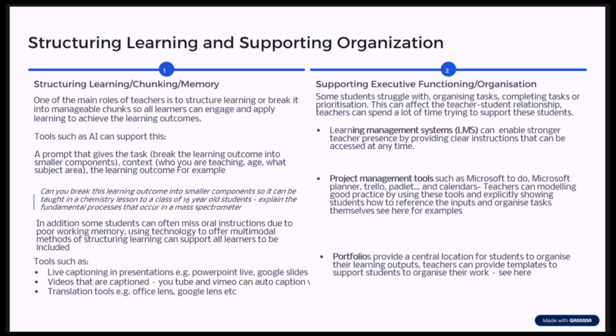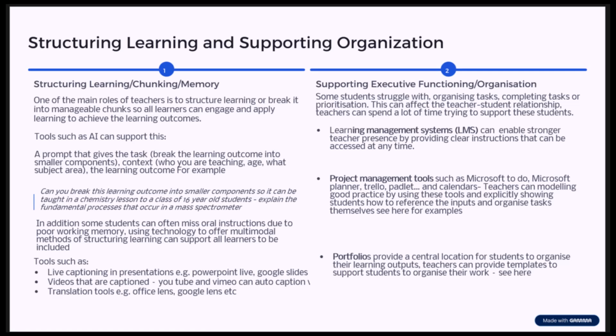We saw in the course Digital Teaching and Learning in an Age of Emerging Technologies how artificial intelligence can be used to support effective lesson planning and technology integration. AI can also be used to break down complex information into components so it can be comprehensively taught. A prompt that gives the task, for example, break the learning outcomes into smaller components, the context, who you're teaching, what age and what subject area, and the learning outcome can allow you to identify a structure for a lesson